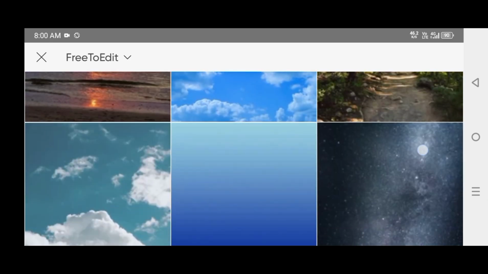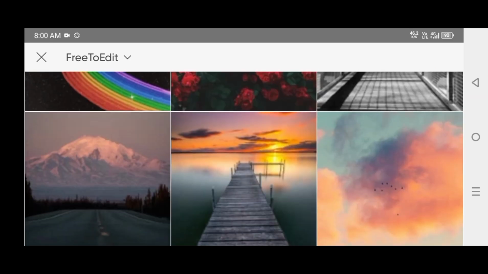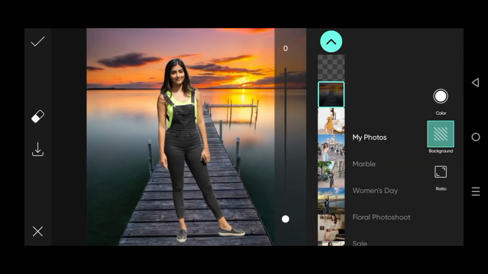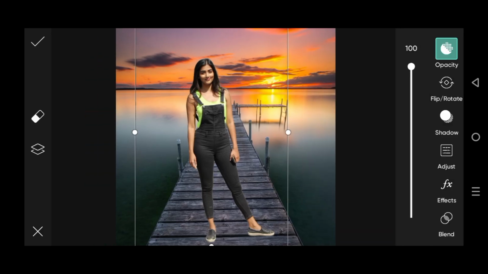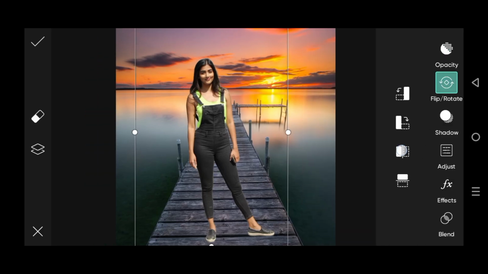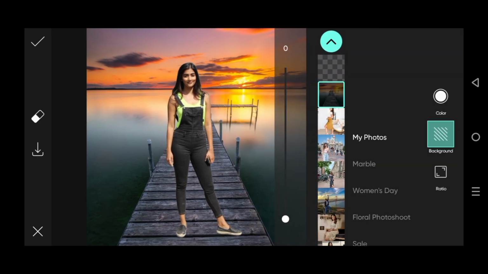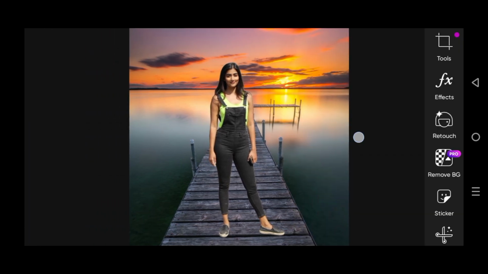So dear guys, for that purpose, here we are exploring these different kinds of backgrounds, and I have to select the one which is so beautiful and an amazing background according to the suitability of that image. Here I have to rotate the pictures according to it. So guys, after rotating that image, our picture is looking from here to